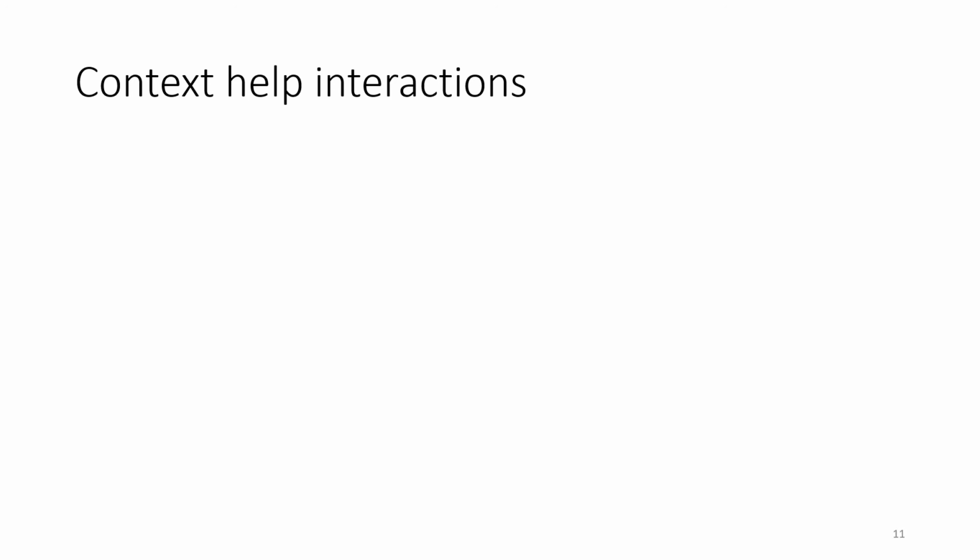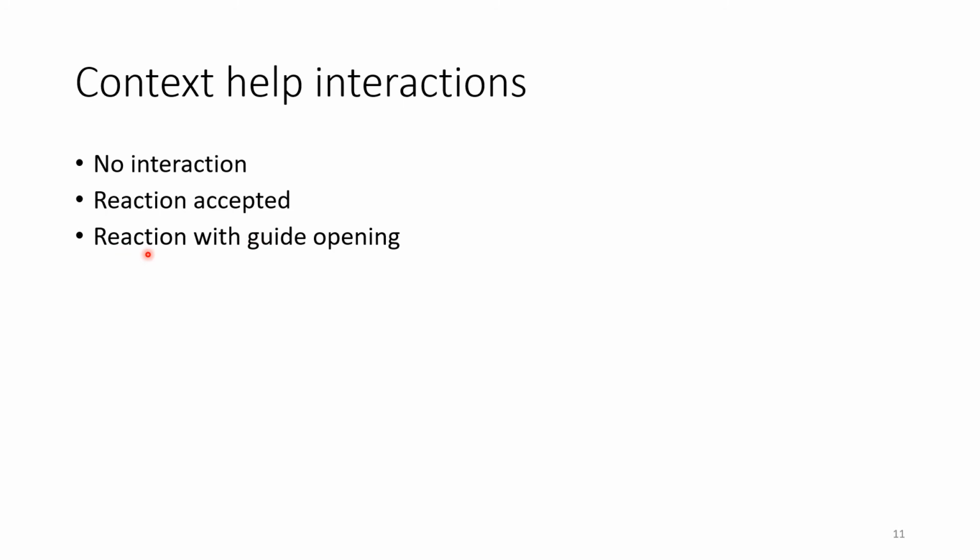So if the context help shakes or a question pops up, there might be no interaction at all. So the user decides to ignore this, in which case we would label this as a false positive case. So we thought that the user is confused, but he or she is actually not confused. But he or she might decide to click on the shaking context help, in which case a list of guides appears, but it's a stronger signal, but still not strong enough, because it might have been only from